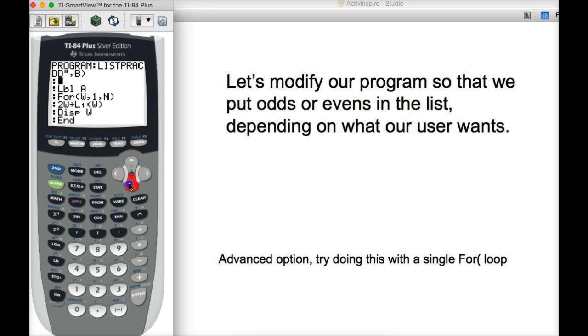And then I need to do label B. Now, again, if you're clever, you can try to do this with the menu and then do it with just one for loop. I encourage you to try that. But we're going to try label B, so program, I'm going to arrow down to label, label B,